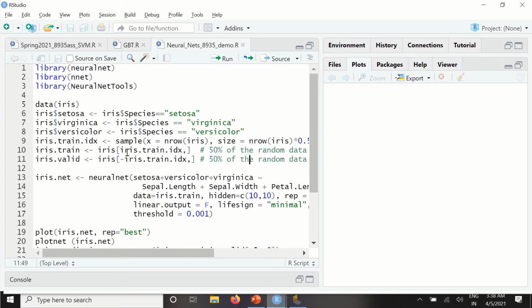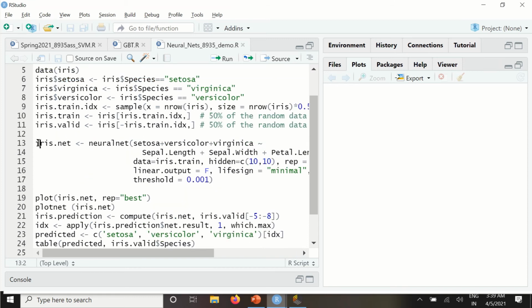Okay, let's move on to the demo in RStudio for ANN. I have the code that has been already done, and these are the three necessary packages that need to be installed in order to perform this technique. Here again, I'm using the same data set, and I'm trying to create the training data by taking 50% of the random data.